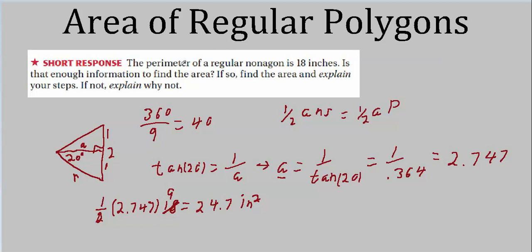But we could always take the perimeter and divide that by n. And that'll give us S. Once we've got S, we can lay this out. This will be S over 2. We'll have S over 2 over A is the tangent of, and this will be 360 over n, divided by 2. That's what this will be. So we could lay this out in very general terms, pretty easy. And it turns out, for any regular polygon, if you've got the perimeter, you've got everything you need to compute the area.